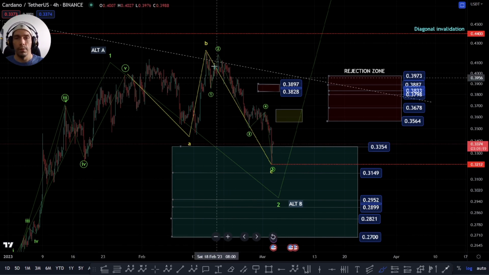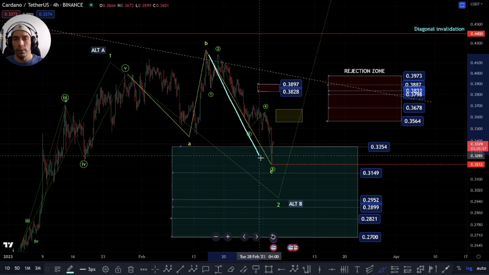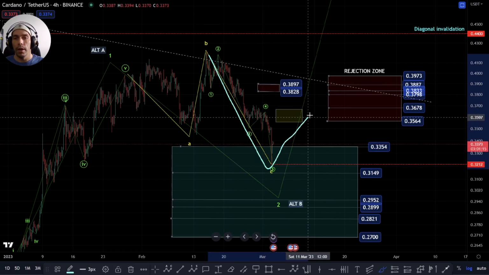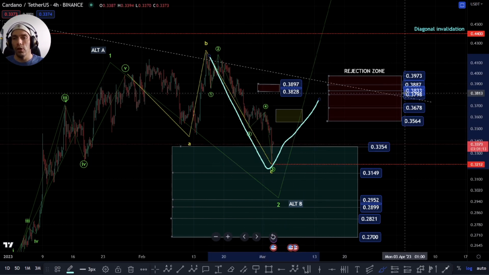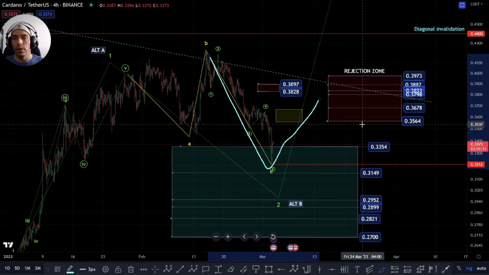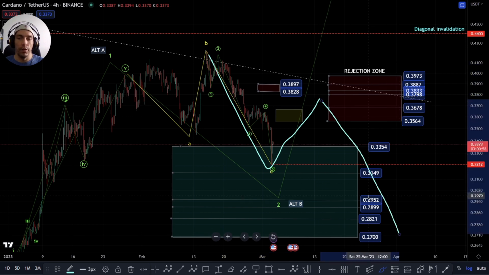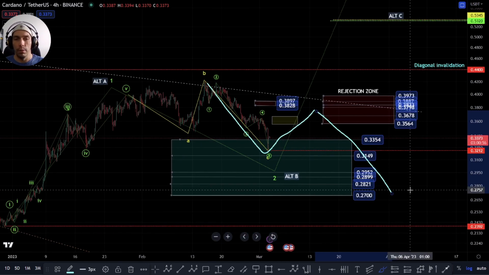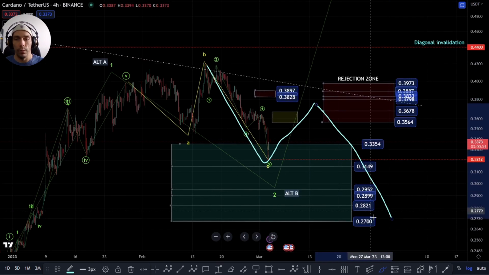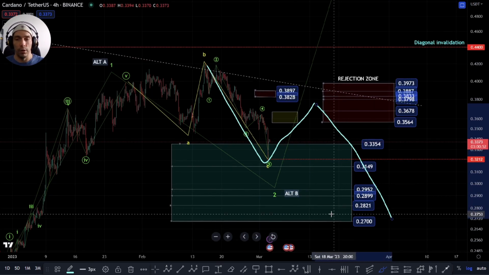If we start to form something like this, if we complete this as a five-wave move, we come back up here and then we face rejection in this zone. You have this 3973. Lower range would be this 3564. But if we came up higher towards, say, the 618 or this 50% here, we could then look for that continuation down. And obviously the deeper we push here, the more likely it becomes that we're starting to form that bigger impulsive structure to the downside.